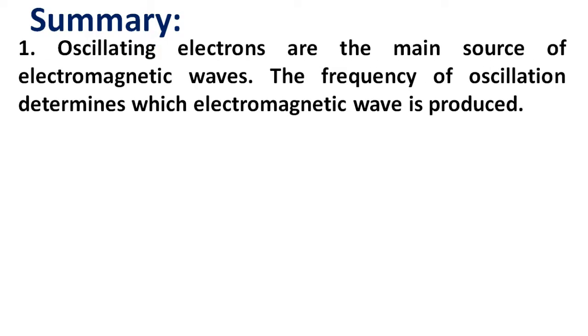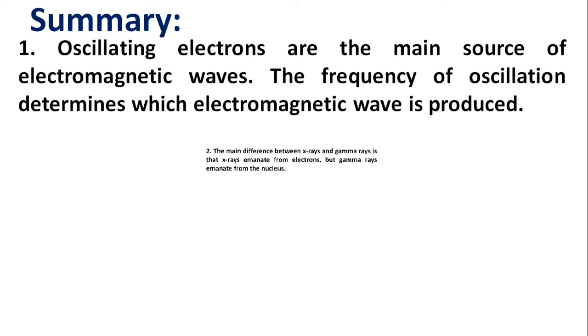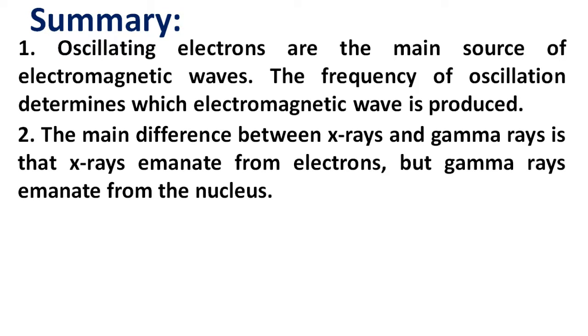Give us a summary before we go. 1. Oscillating electrons are the main source of electromagnetic waves. The frequency of oscillation determines which electromagnetic wave is produced. 2. The main difference between X-rays and gamma rays is that X-rays emanate from electrons, but gamma rays emanate from